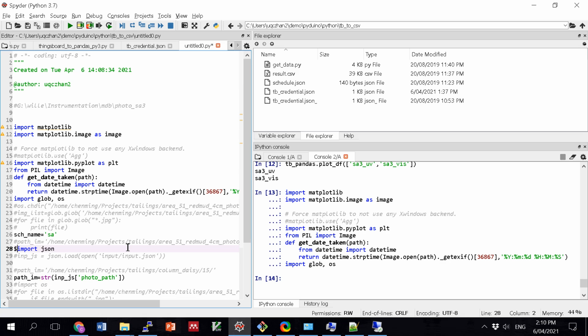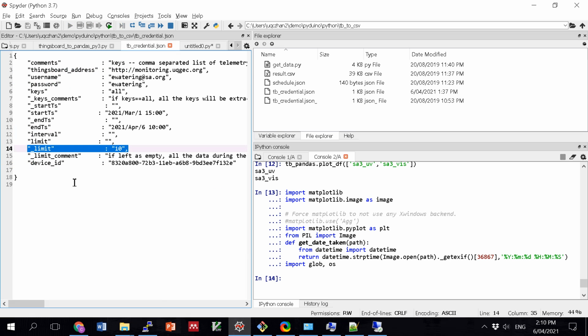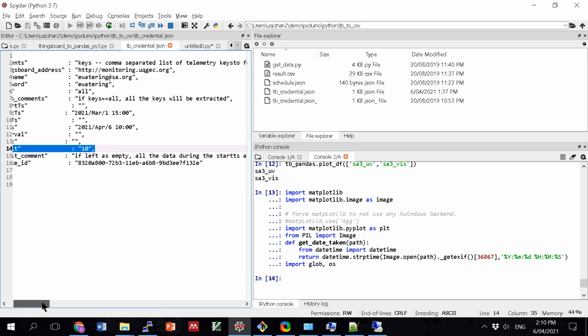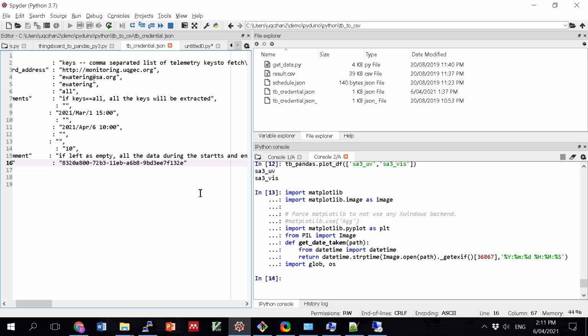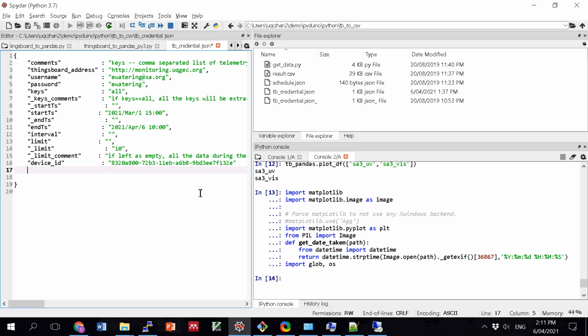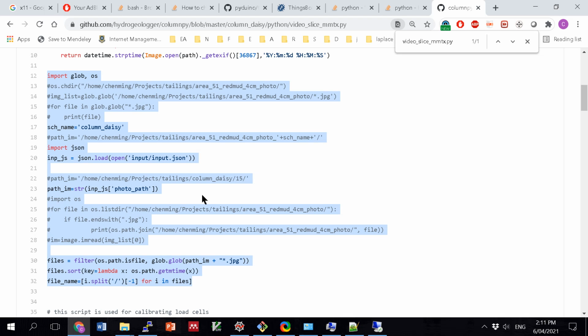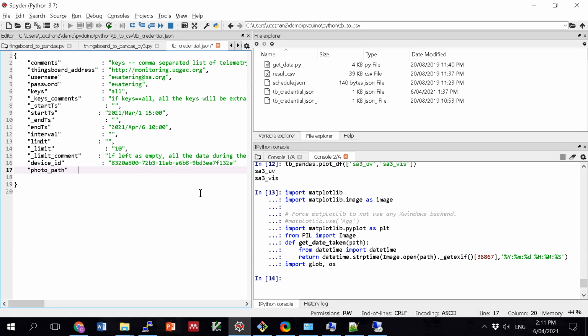Instead, I could put my photo path into the credential address, correct? So I would probably just add another one called photo path,